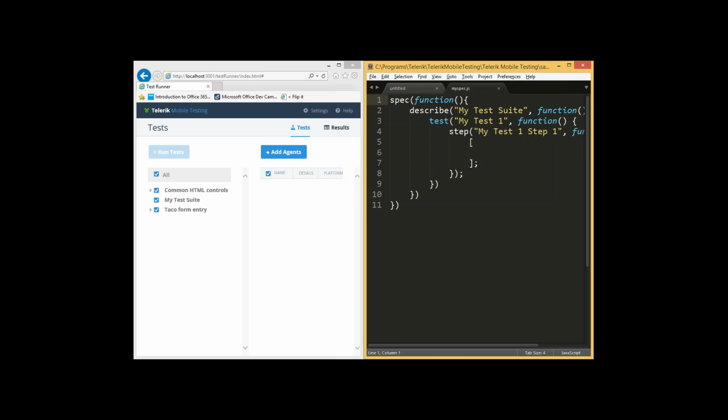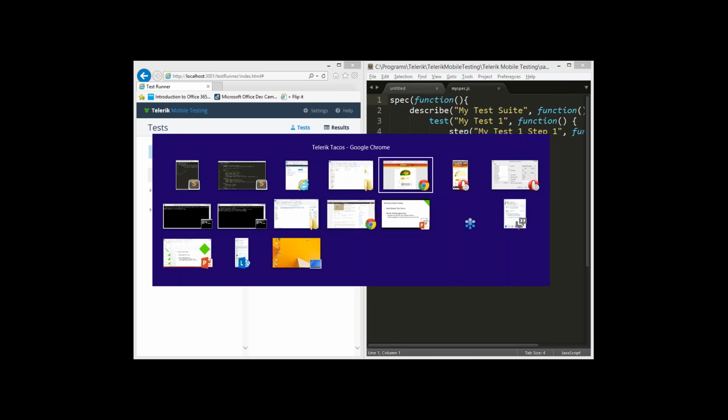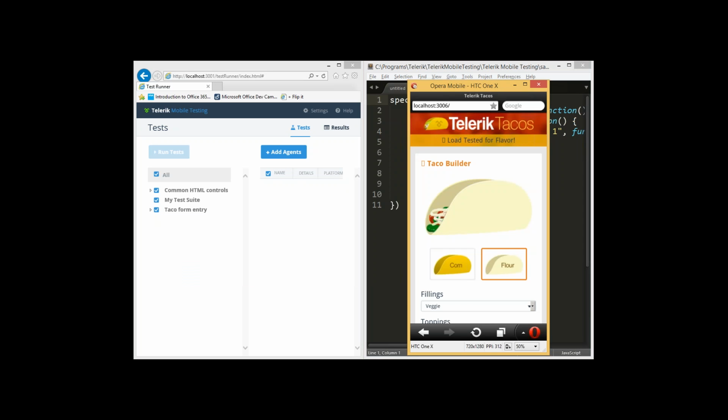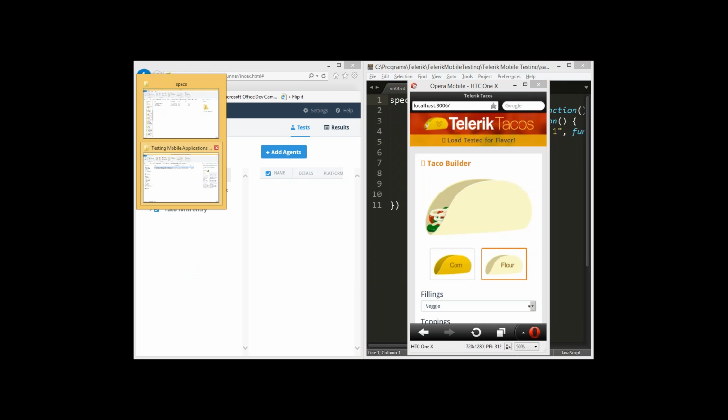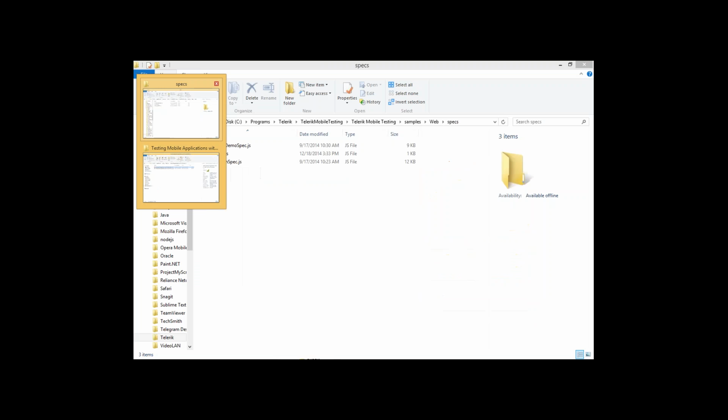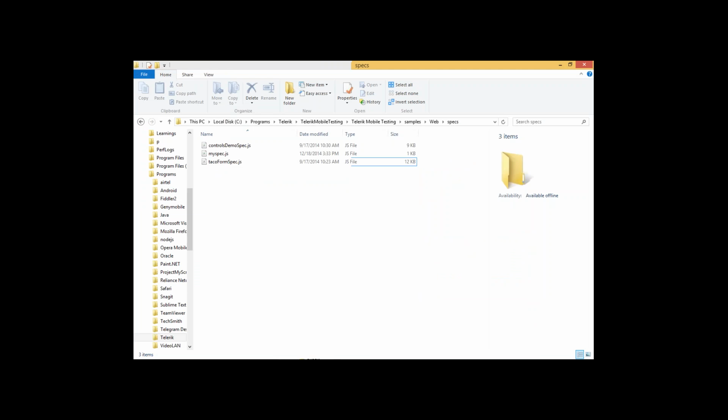Now I know that I have an application running at localhost 3006. So this is what I want to test. One other additional thing that we would have to do is just go to your demo or whichever app that you want to test, and